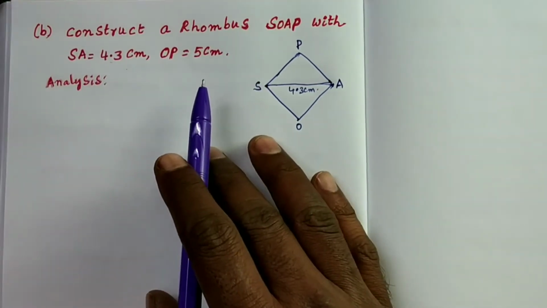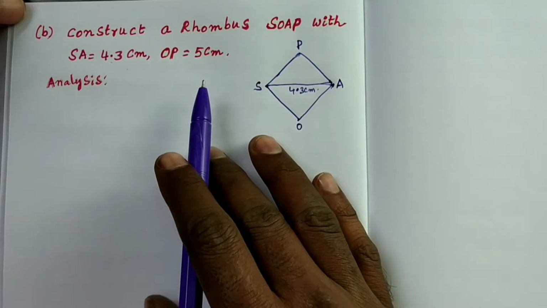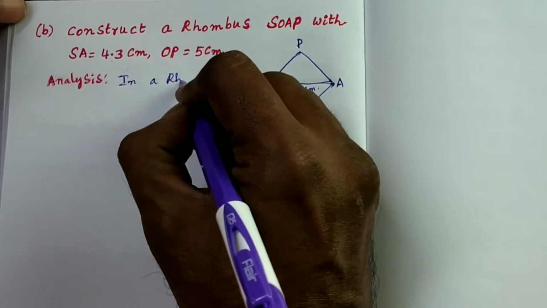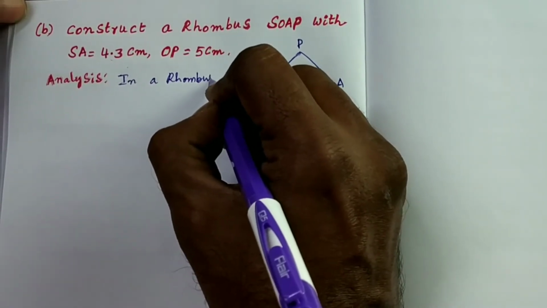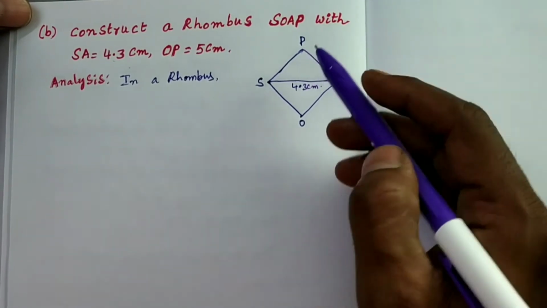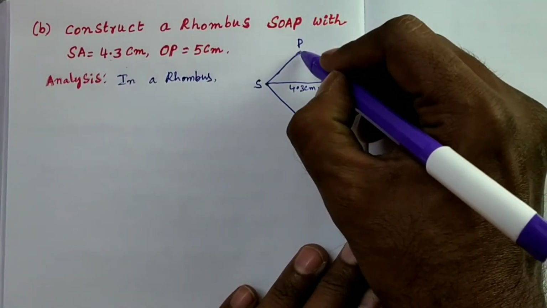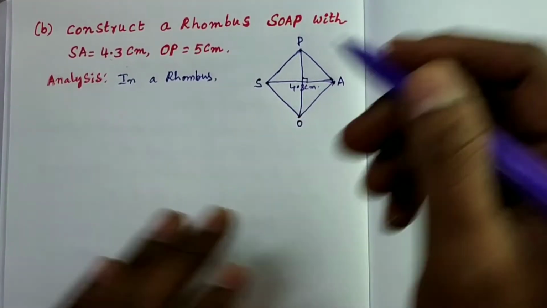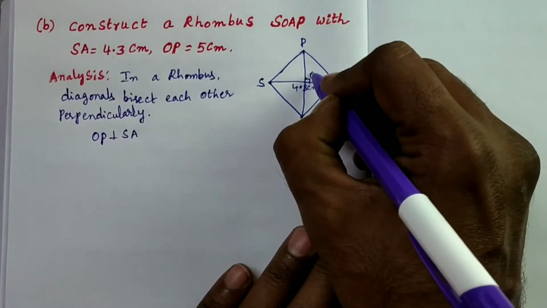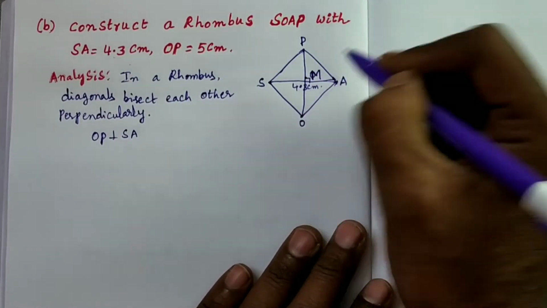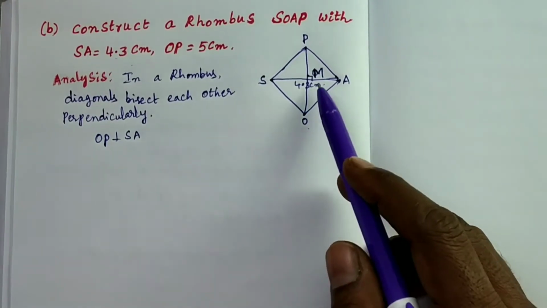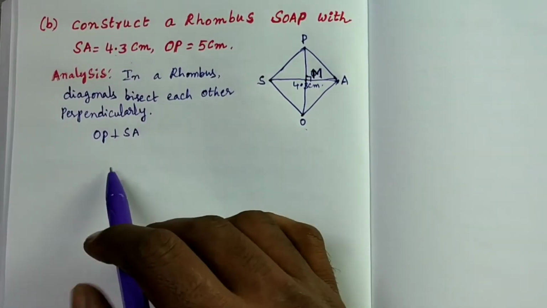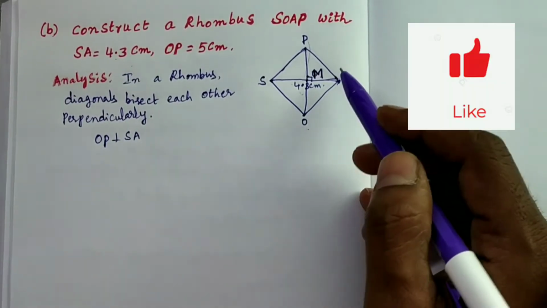In a rhombus, diagonals bisect each other perpendicularly. Suppose the diagonals bisect each other at M. Already O is given, so let the intersecting point of the two diagonals be M. Then OP is perpendicular to SA and